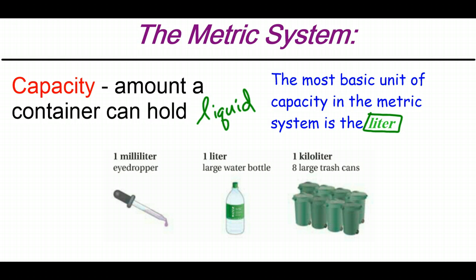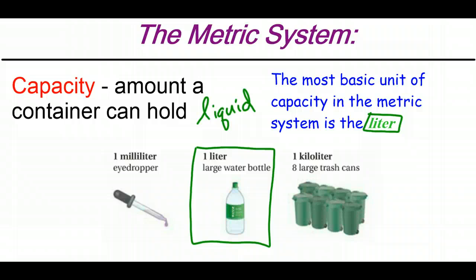So we are used in the United States of hearing things in gallons, half gallons, quarts, pints, etc. While using the metric system, everything is based around a liter, which would be about 1 large water bottle. Now, if you wanted a comparison, it takes a little bit less than 4 liters to make up 1 gallon. So if you split a gallon into somewhere between 3 and 4 equal parts, you would have something about the